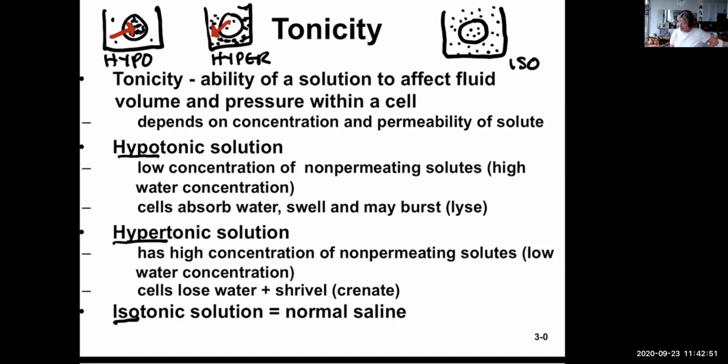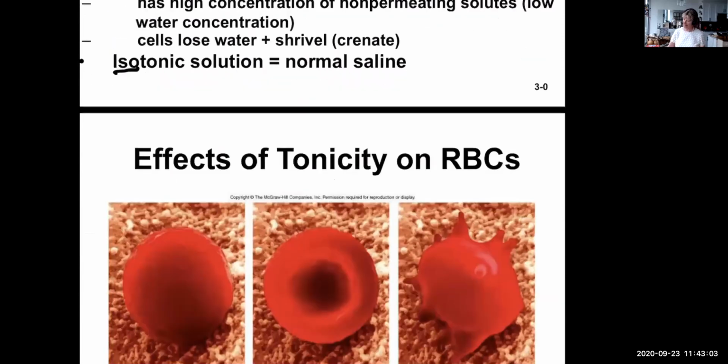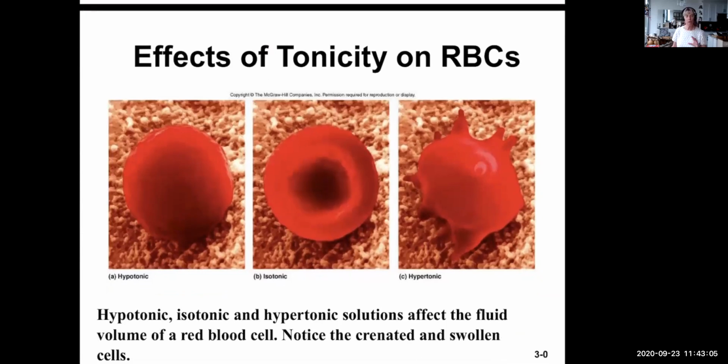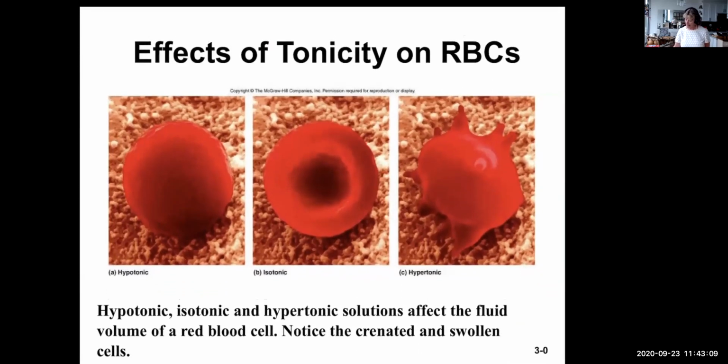In this case, a little bit of water will move out and a little bit will move in. This is H2O, or water movement. And there will be no net movement in or out of the cell. So what does that mean for your red blood cells? Well, these are different solutions in which you find red blood cells. Here's hypotonic, and the blood cell